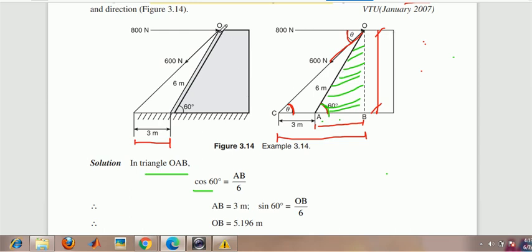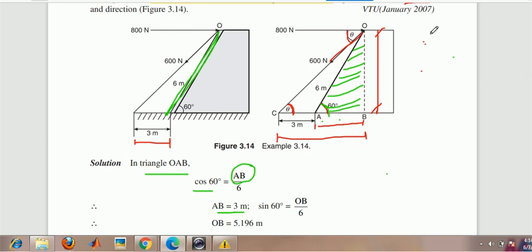OA, and OA is nothing but this distance, which is given as 6 meters in the problem. So from here to here is 6 meters, that is OA. So by simplifying this you will get the distance of AB, that is AB is equal to 3